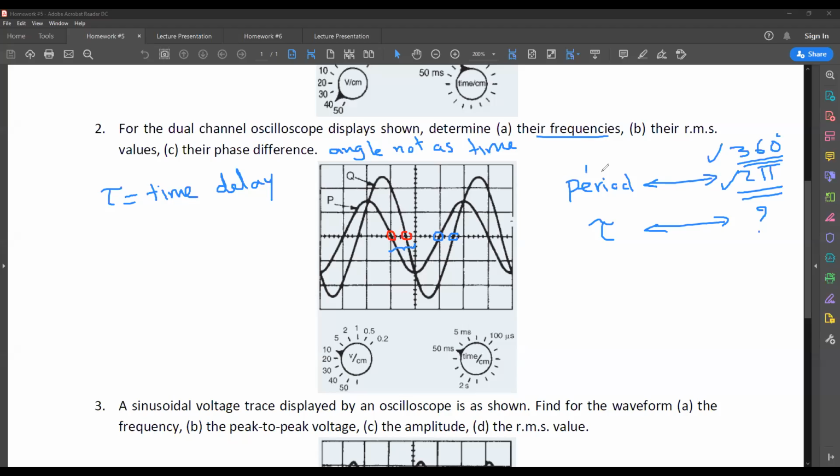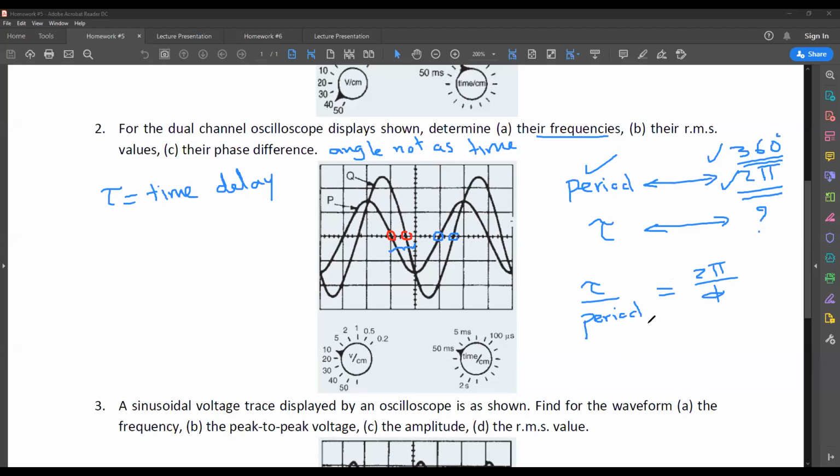So you already have the period, okay? So basically tau over period equals twice pi over the phase delay that you want to estimate, okay? So you can get the phase delay from this. I think, yes, this is just it, okay? Over period times twice pi,